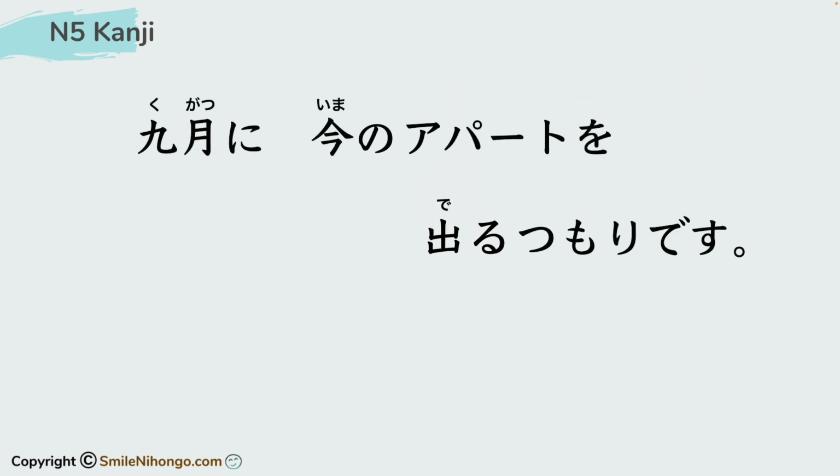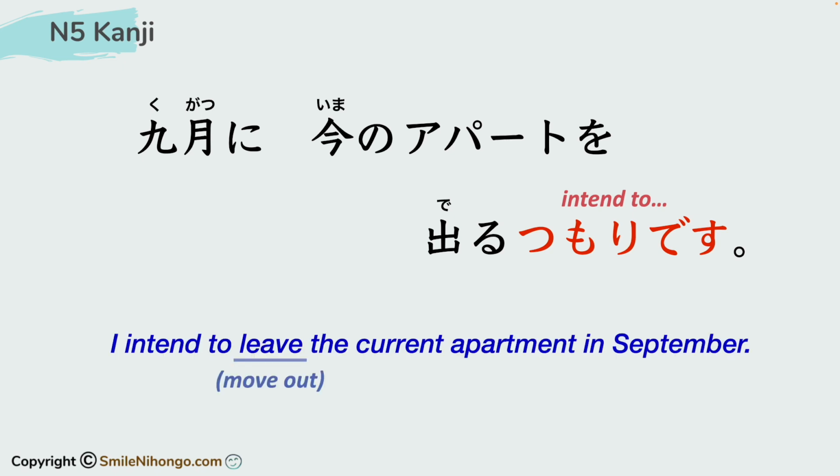Here's an example sentence using its plain form. 意味がわかりますか？This sentence ends in つもりです。9月に今のアパートを出るつもりです。そうですね。The sentence means I intend to leave the current apartment in September. 9月に今のアパートを出るつもりです。And when you exit, get out, or leave a place, you mark it with the particle を。